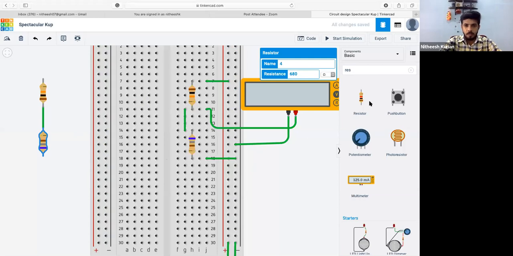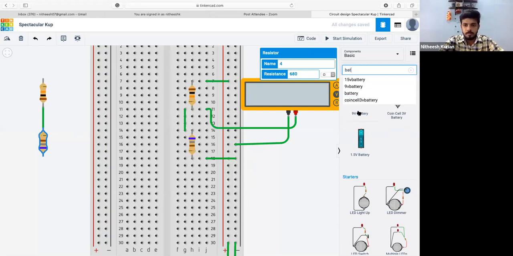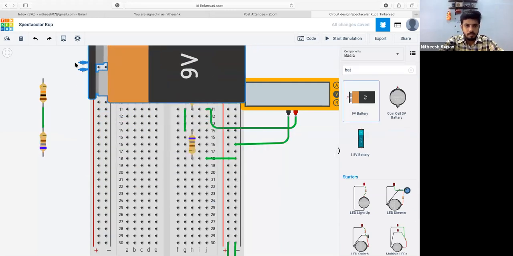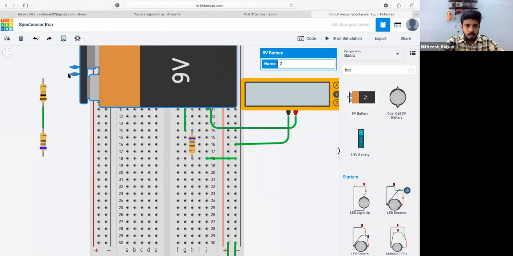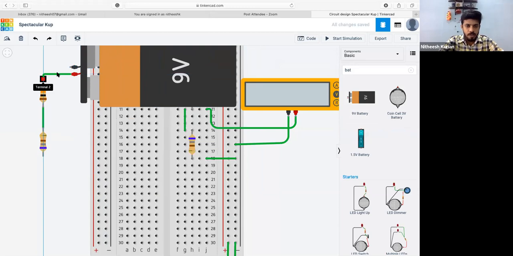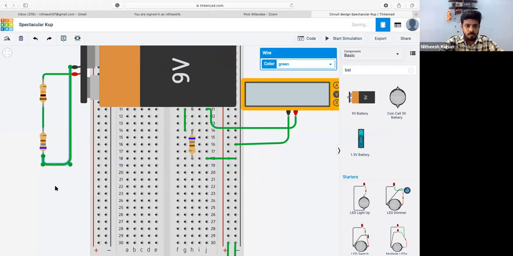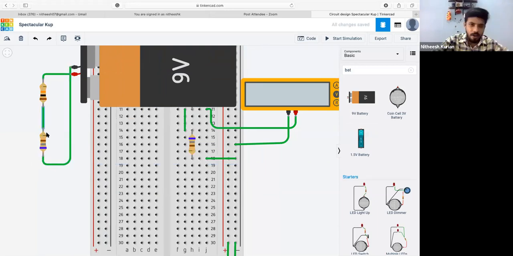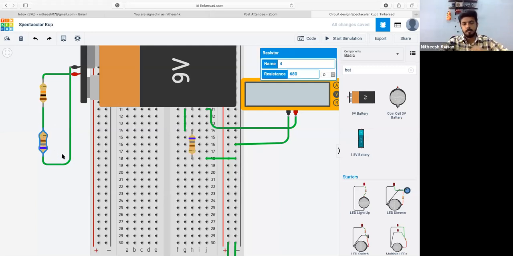And again, I will take a battery for you. I'll make it simple. Positive terminal is connected to this end, and negative terminal is connected to this end. We need to find out the voltage across this resistor, the 680 ohm. How do you calculate it? When you connect two resistors in series, what are the parameters? Current will be same or different?